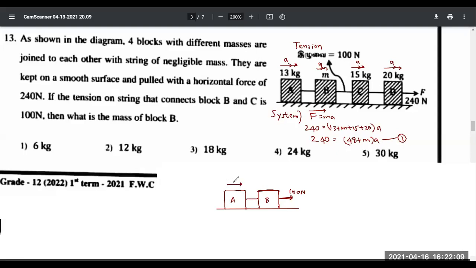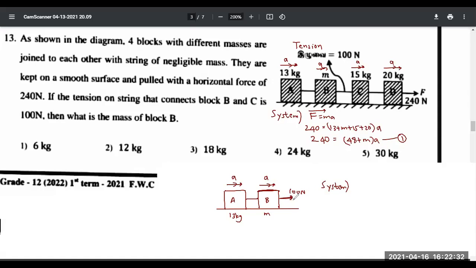And they both will be moving at the same acceleration, isn't it? Because the whole system is moving at the same acceleration. Let me break this system here and consider it with two masses now. And the acceleration we have, and the masses: this is 13 kilogram, and the mass of B is unknown. Right. Now for this system with only A and B, which is